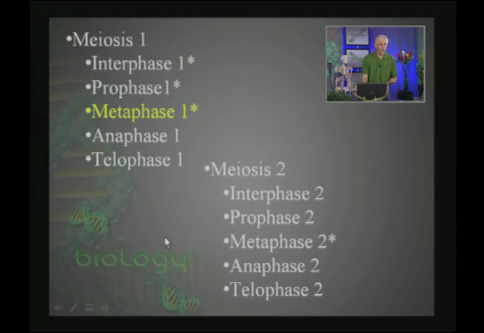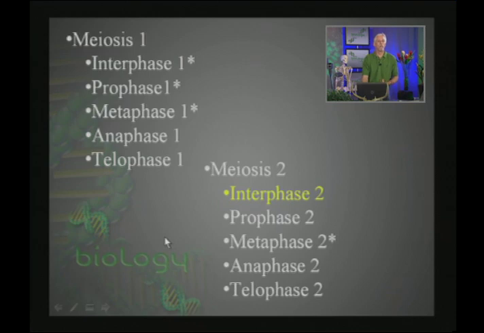So again, I'm going to emphasize crossing over and independent assortment. So, keep those in the back of your mind right now. Then we'll have an anaphase 1 and a telophase 1, which results in 2 cells. Then there's a second round of cell division, which we call meiosis 2, which will have or may have,